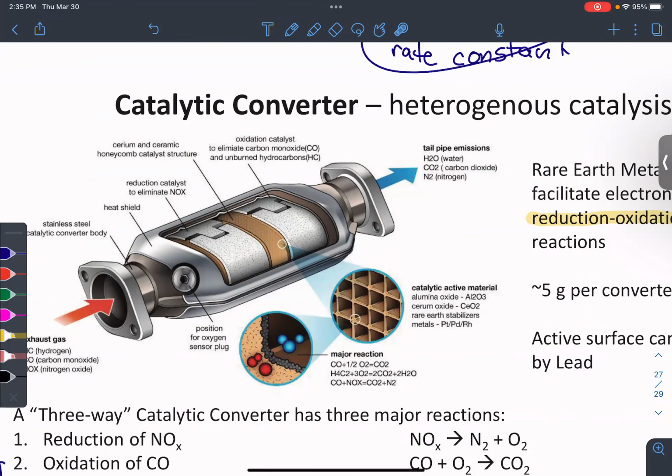Oh, also, because all of this is surface chemistry in your cat, if you screw up your surface somehow, you reduce the efficiency of your cat. Something that can reduce the efficiency of your cat is something like lead. When you fill up your gas tank with 87 or something, what do they call that? Unleaded gas, because they used to put lead in it in order to improve octane rating. Now they don't, but they still call it unleaded. But if there was lead, it would spoil your cat. Okay, there you go. And I mean catalysts.